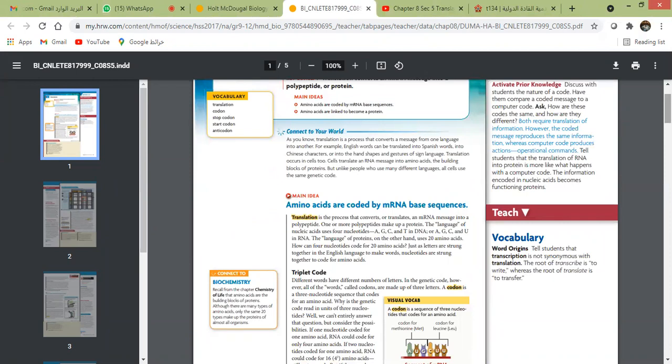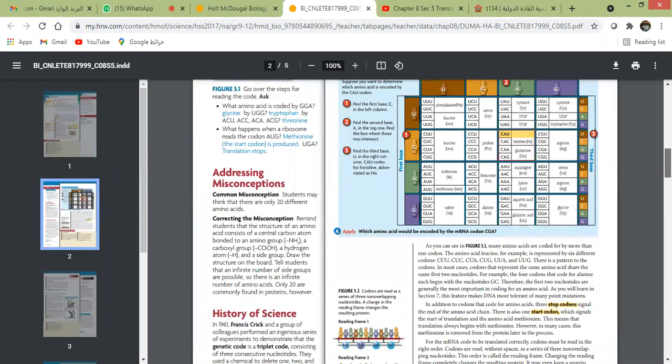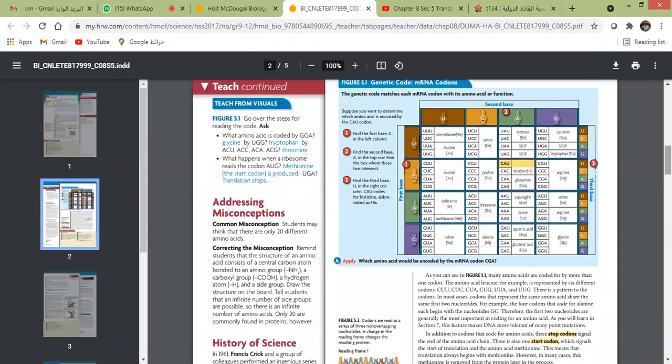But I want to go to the page first. هلا هون this table showing you the genetic code matches each mRNA codon with its amino acid. يعني كل codon على mRNA it is matched with its amino acid which codes for certain amino acid. في عندي أنا sometimes some amino acid has more than one codon زي الفينال ألانين. هذا الأمينو acid you may find it as UUU or UUC. Both of these codons will code for phenylalanine.